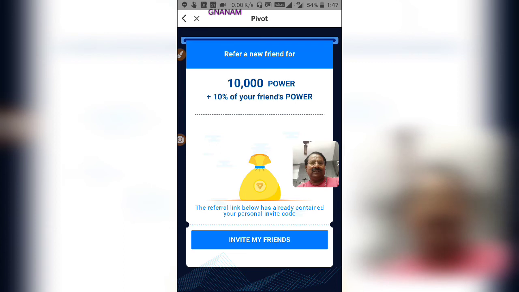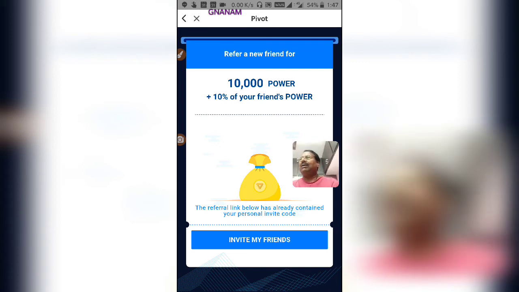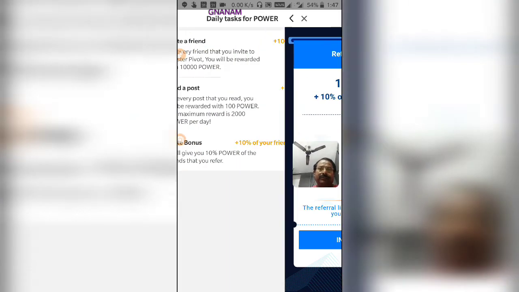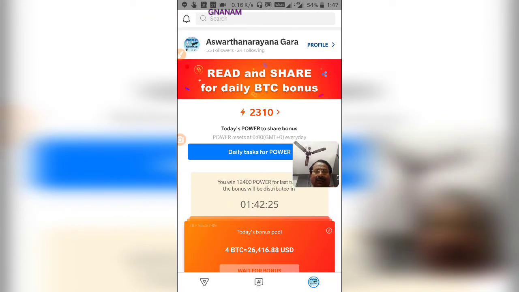Okay friends, this is the main outline of this Pivot app. And in this app there is one more, fourth way of earning, that is posting your own posts.